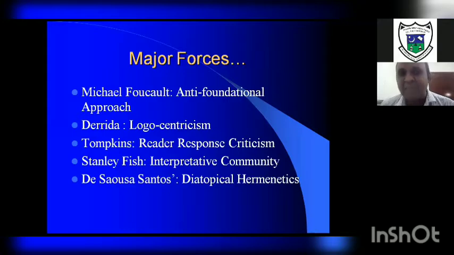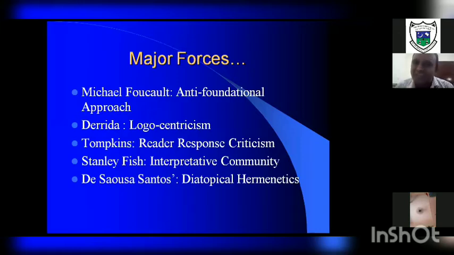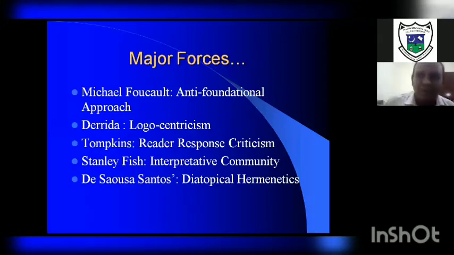And Stanley Fish's interpretative community, wherein the focus is culture. Culture has its own meaning. Understand the meaning contributed by culture, not language as such. So culture's contribution to the meaning-making process is Stanley Fish. Reader's contribution is Tompkins. And no word has a meaning of its own. Your word gets meaning only when you relate your word to the context. That is contextual communication. It is how context contributes to meaning, and nothing is fixed, is the anti-foundational approach by